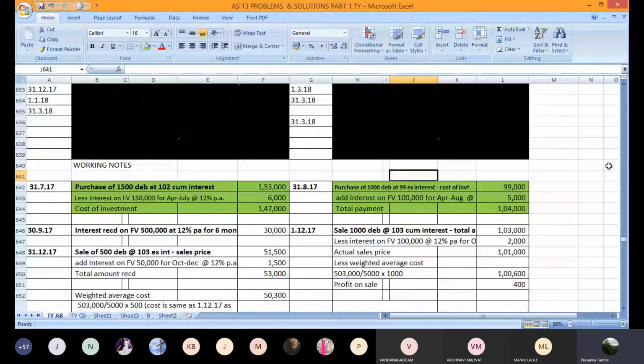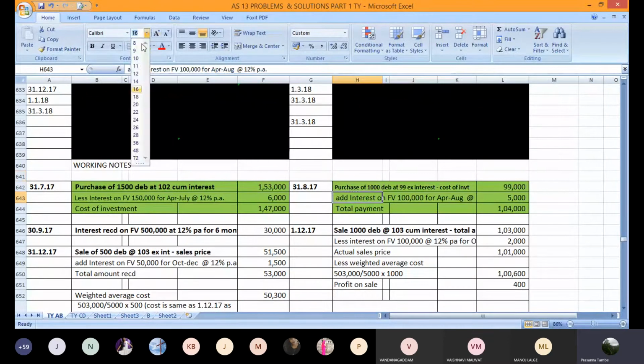If you see the last payment date, the chronology shows that it was paid on 31st of March earlier. So from 1st April onwards till 31st of August, a period of 5 months, this interest payment needs to be made to the vendor. The face value of 1,000 debentures is 1 lakh rupees. On that, 12% per annum for a period of 5 months, the interest comes to 5,000 rupees. So we need to pay him the interest, so we will add the interest, this being the ex-interest quotation. If you add the interest, 5,000 needs to be added and the total payment becomes 1,04,000.